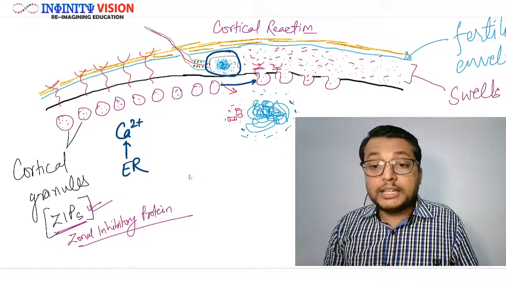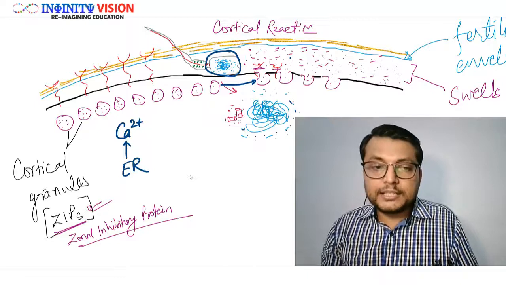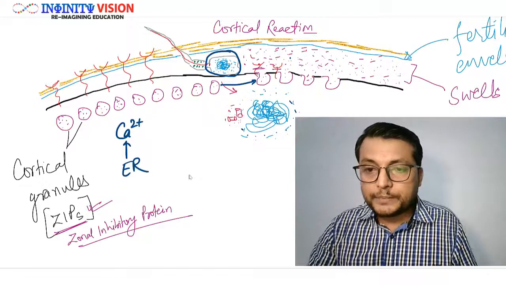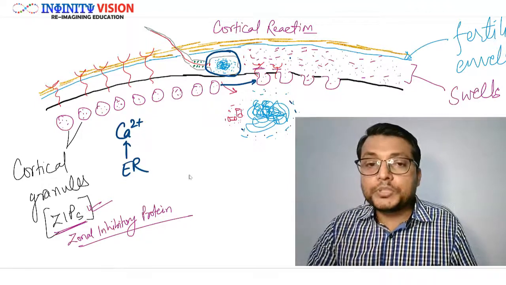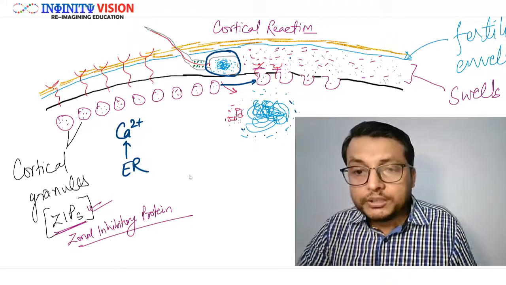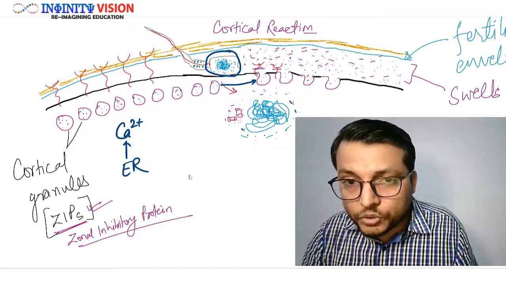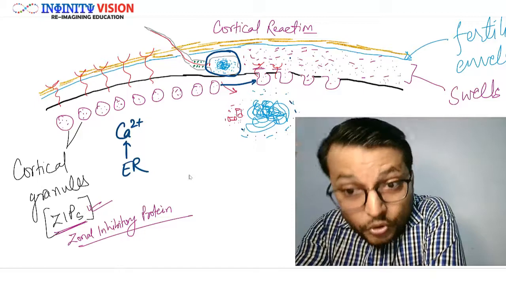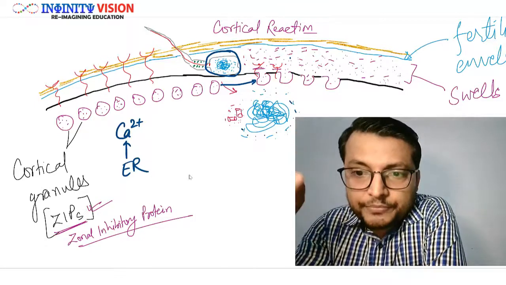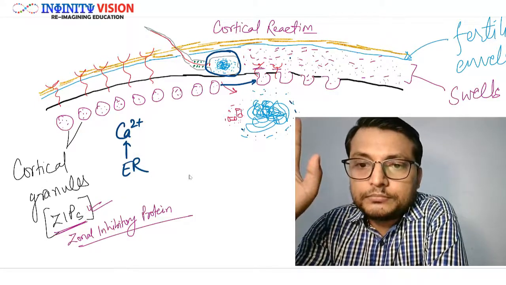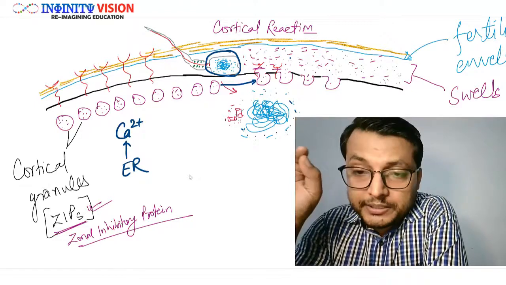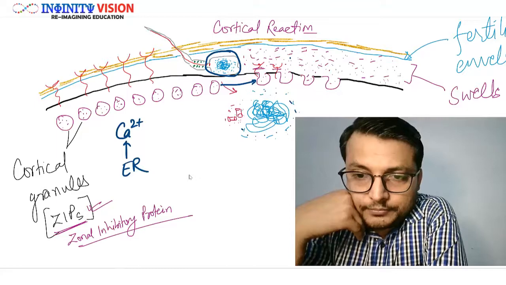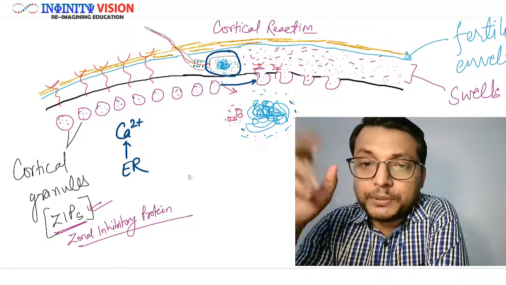Now in this content there is a particular thing called zonal inhibitory protein, or ZIP. Now this ZIP goes and destroys all the sperm receptors present on the secondary oocyte. Once all these receptors are destroyed, no other sperm can enter into the secondary oocyte. Great. However, what if